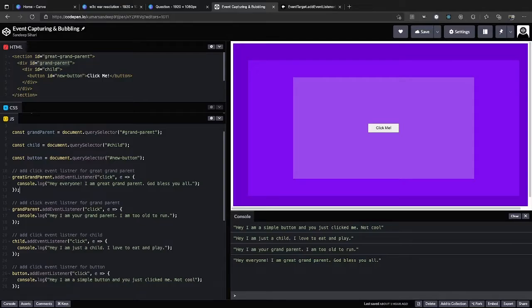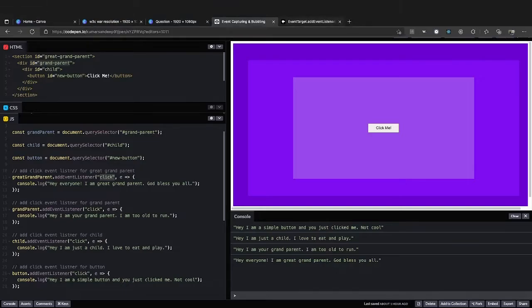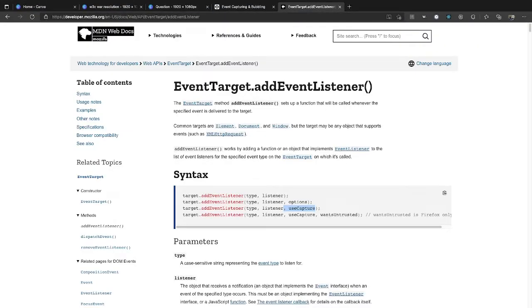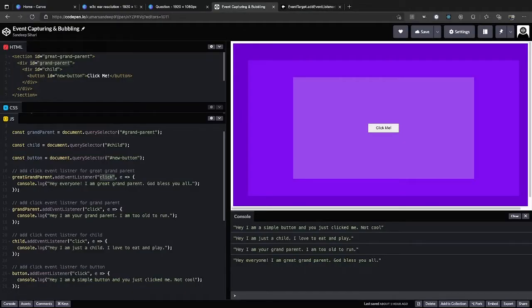I passed two arguments: the type of event, which is the name of the event, so I'm registering the click event here, and the listener function. This is an inline or anonymous function, which I described as an arrow function, and it is going to execute once the great grandparent is clicked.